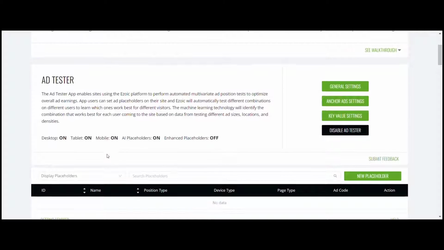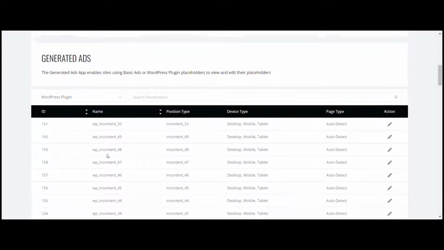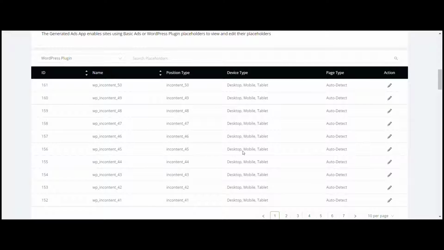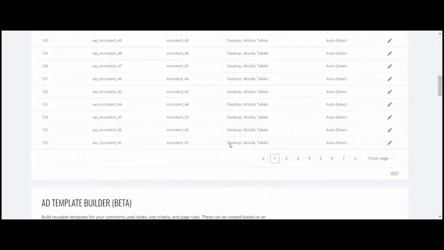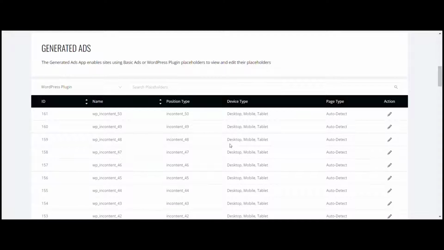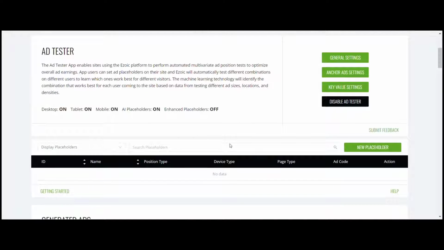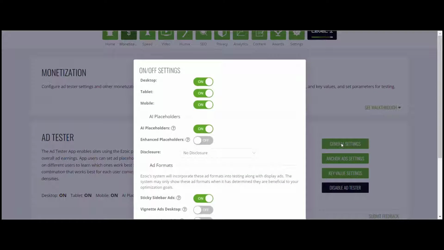So once you've done that, you can go in here and start setting up how you want it all to look. Now, because I had AdSense, it actually imported all this from AdSense, which meant I didn't have to go in and tell it where I want all my ads, because it's brought in what I had set up in AdSense. But within the general settings here, I can,